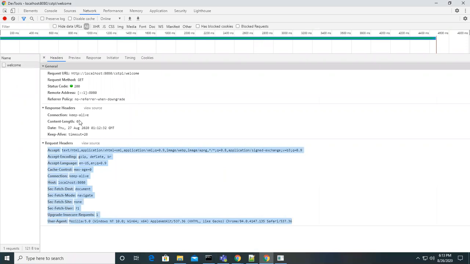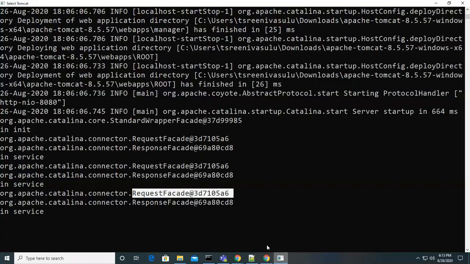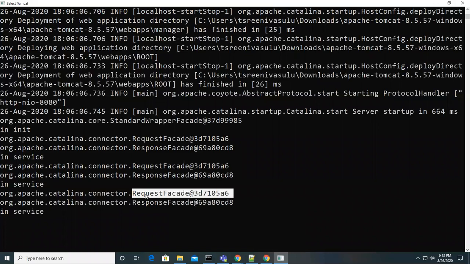All the request information will be stored in the request object.